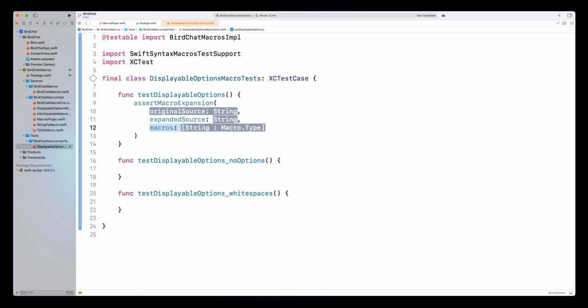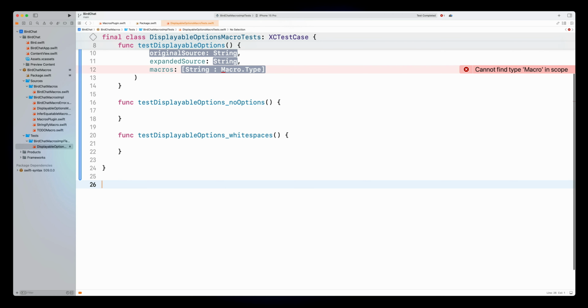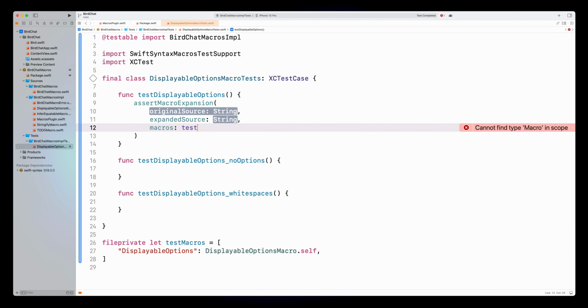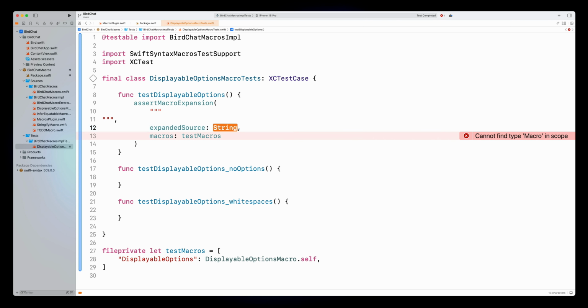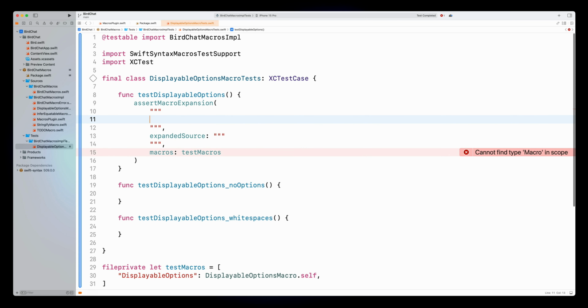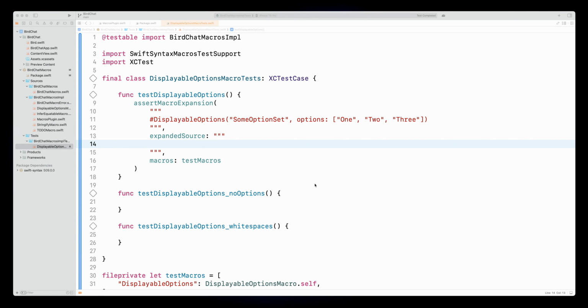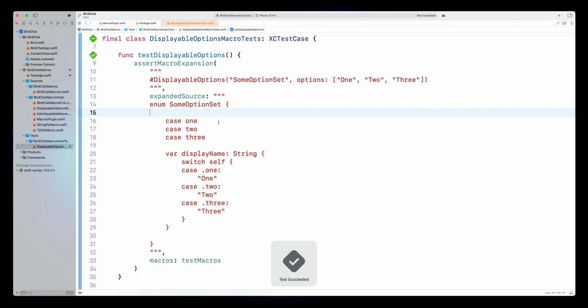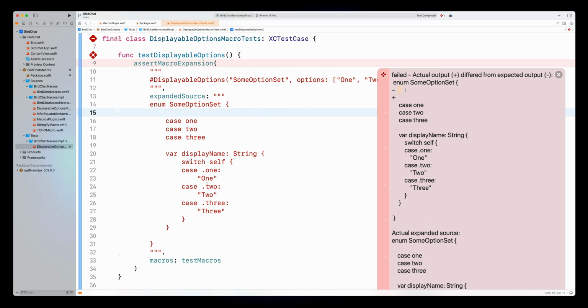The match should be exact, and I learned that the hard way. Turns out any indentation or white lines count too. What I'm doing right now is matching macro calls with their implementations. I need to do that explicitly, because the test target only depends on the macro implementations. It doesn't see the declarations. I've added a macro call and the code which my macro is expected to produce. Right now this test passes, but if I add an extra tab, it will fail. So yeah, not the most intuitive approach.